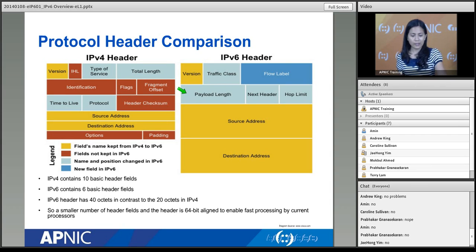Okay, what else? Time to live in IPv4. Time to live is a measure of time, right? It's in seconds, it's in nanoseconds. How much time do you have for your packet to get to its destination interface? However, in IPv6, they decided not to use time because of its sensitivity.